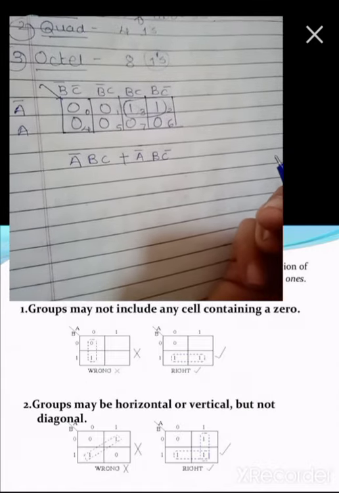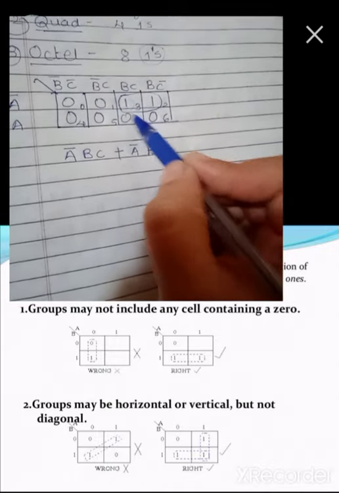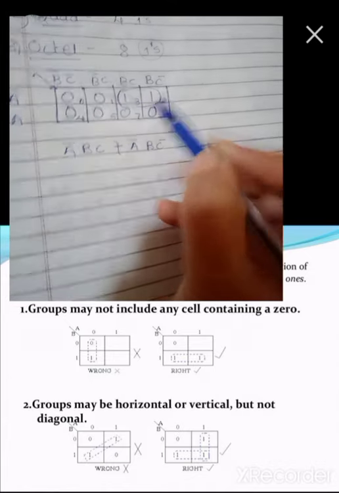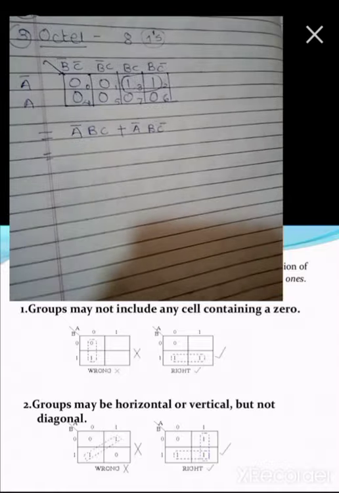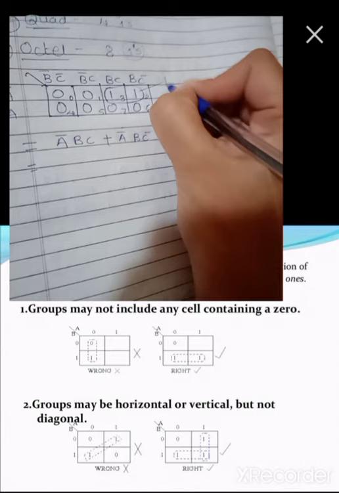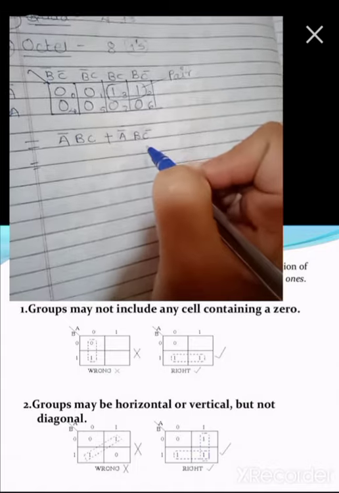So what is the procedure? After seeing this K-map, you have to make a group of ones. Then you have to write the equation of each one. And then you have to solve this equation by applying Boolean algebra. Right? Now, here we have made a pair. This is called a pair. Then after pairing, we have written the Boolean expression, and now we will solve this Boolean expression.